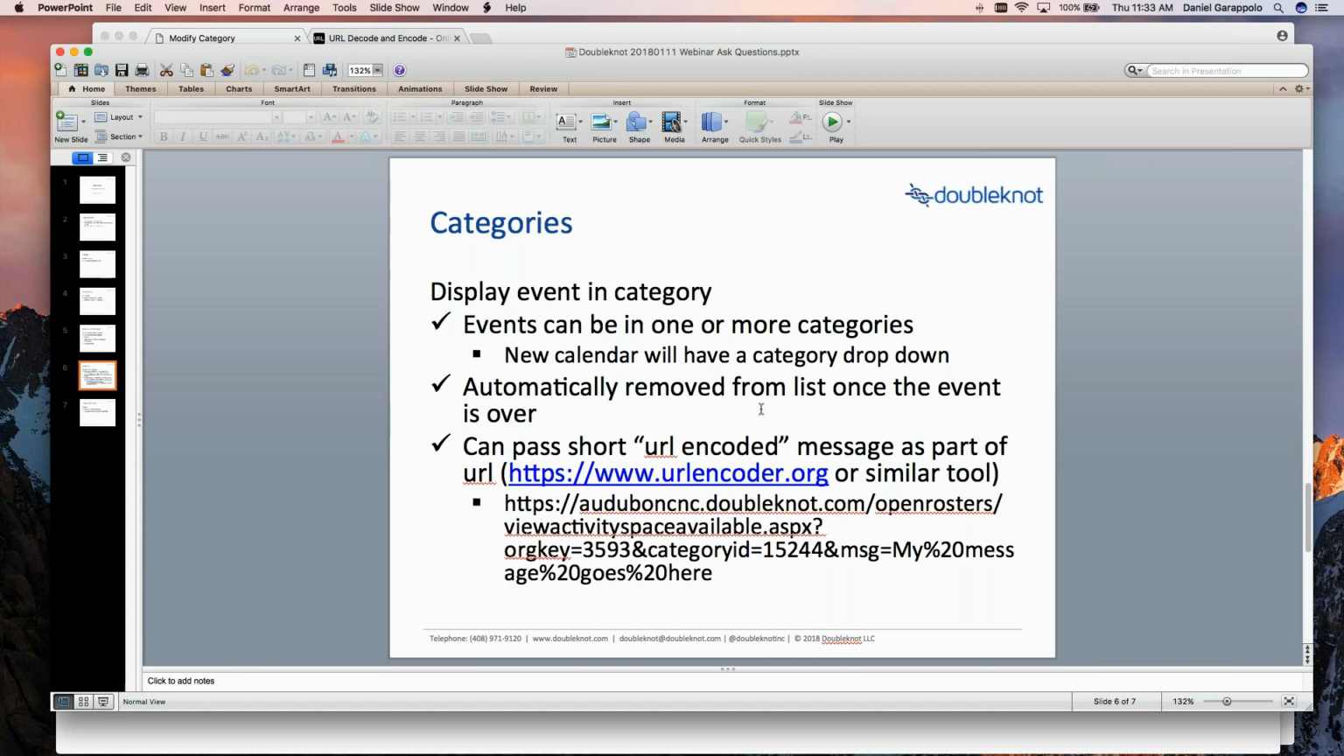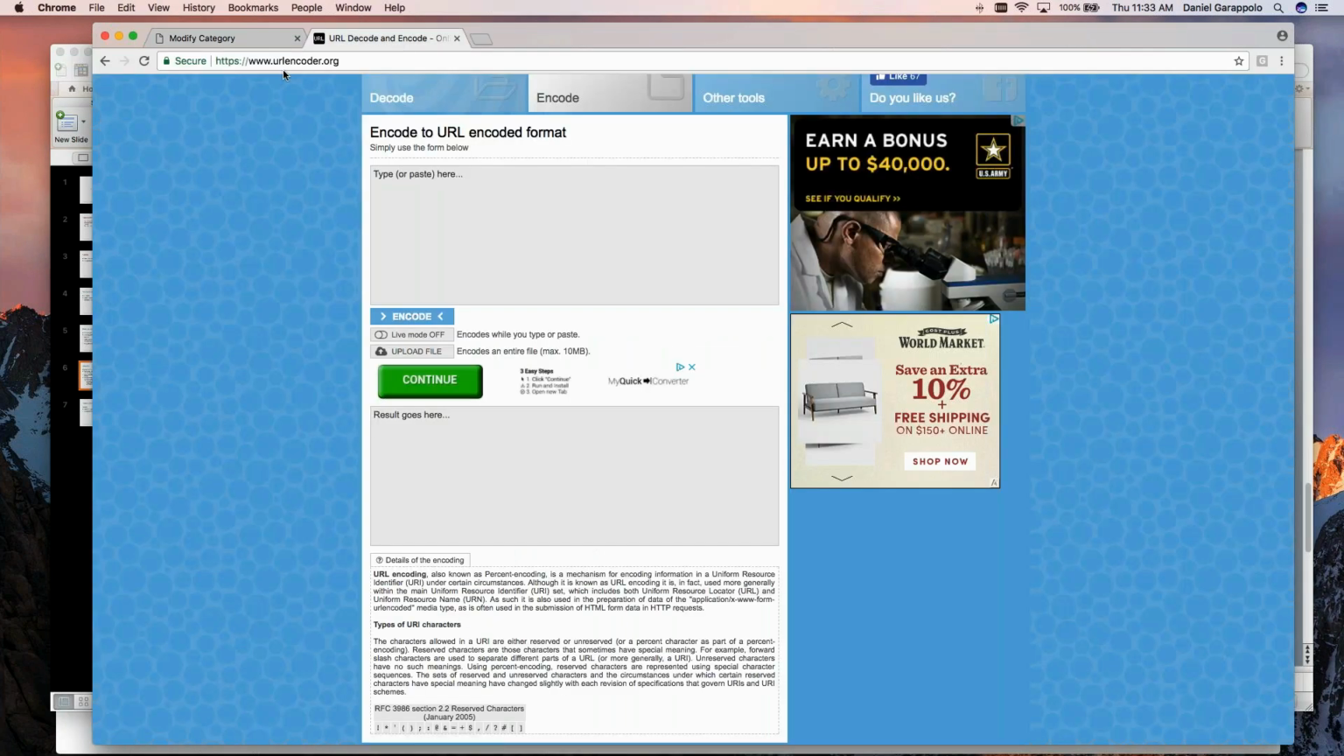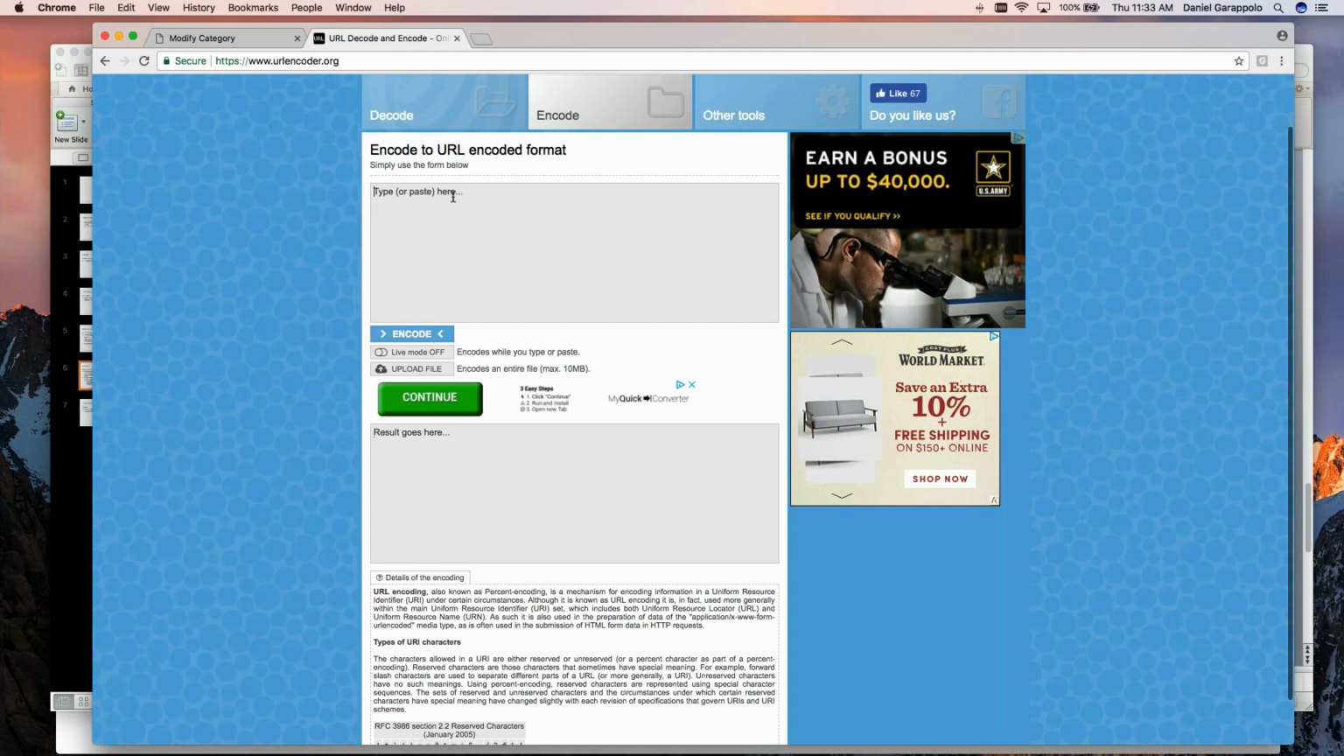There are a number of these tools out there, URL encoders. This one right here, urlencoder.org, seems to work pretty well. But let's talk about how you would do that. If I go back, I have this URL here for urlencoder.org. So you can actually encode a message. So I could say,